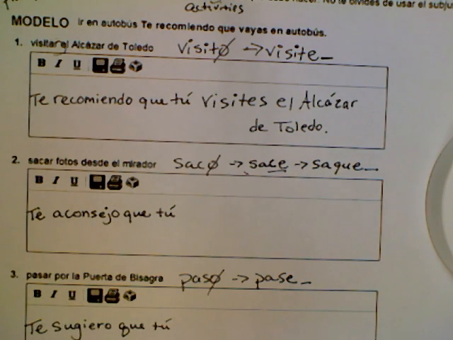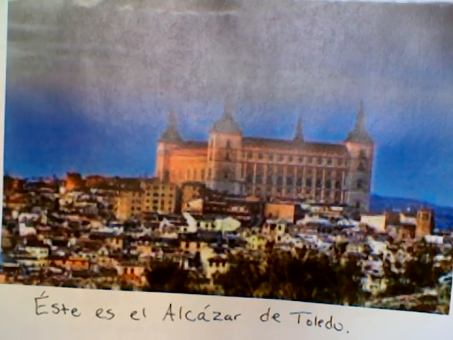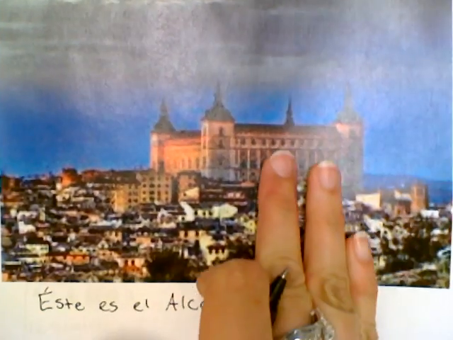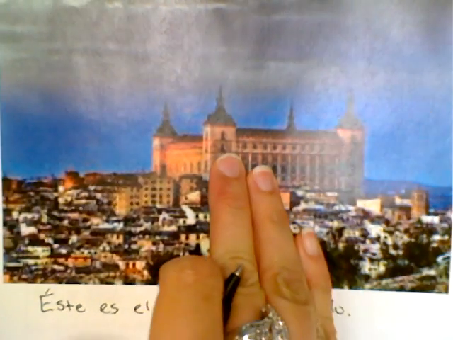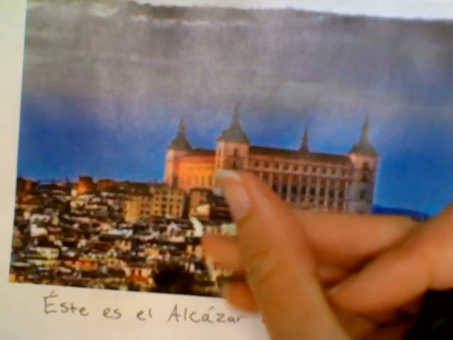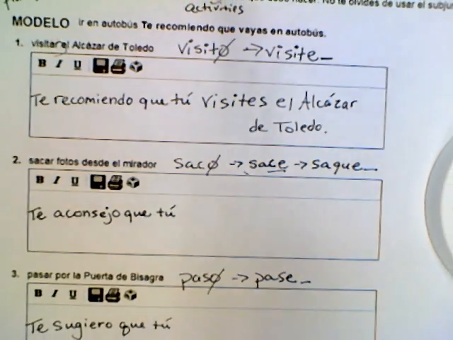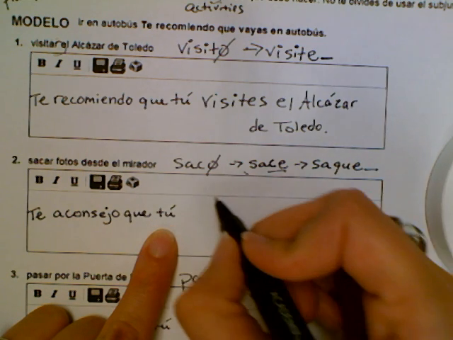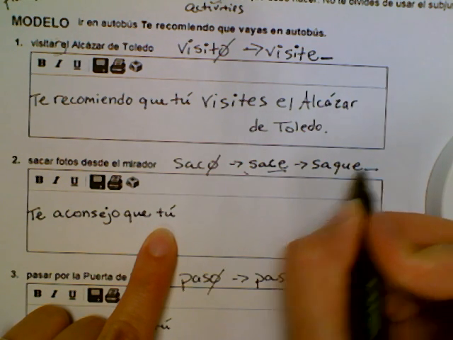Aquí puedes ver una foto del Alcázar de Toledo. Muy bonito, es gigante. It's huge. Puedes ver que la ciudad es bastante pequeña, pero este castillo, castle, fortress, es gigante. Cuesta mucho dinero en el pasado. Ok, te aconsejo que tú saques